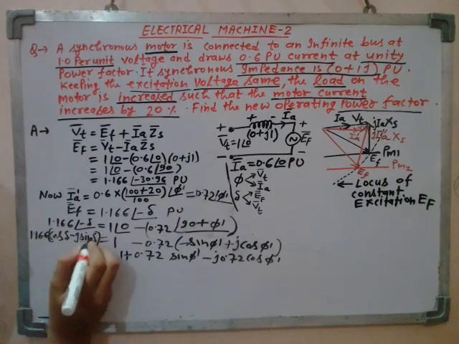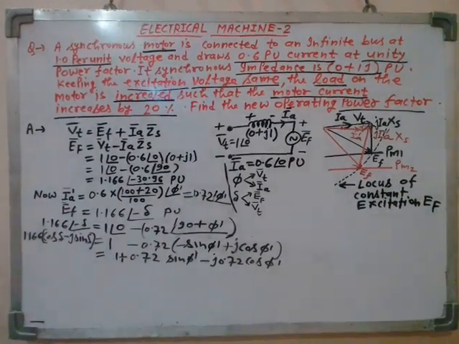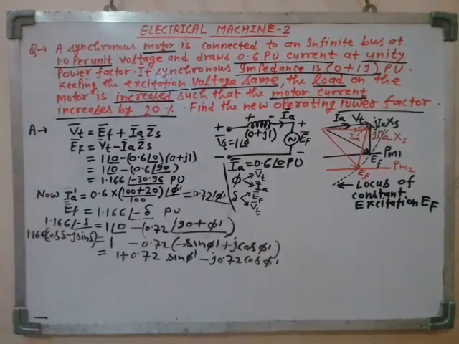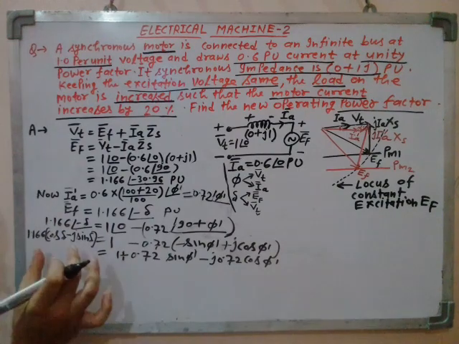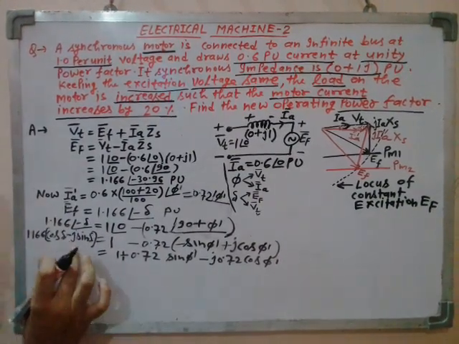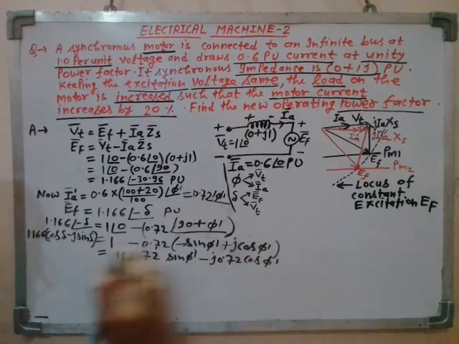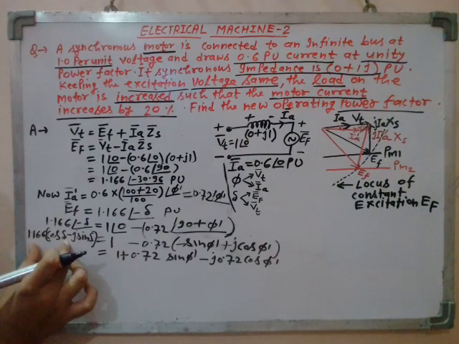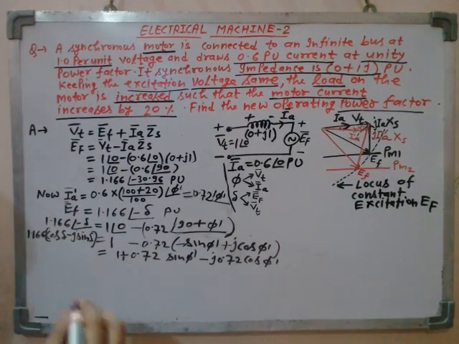J sin delta, right? So this would be the expression of this left side. Now you have to simply equate these two terms. Equate imaginary and real part on both sides. So when you equate real part on both sides, you will get